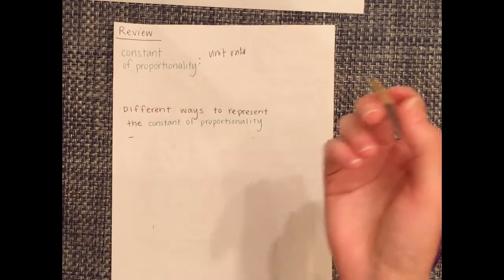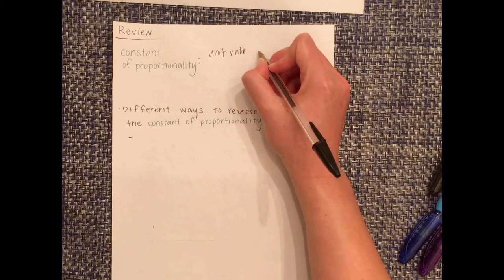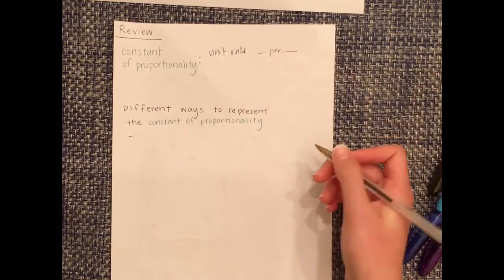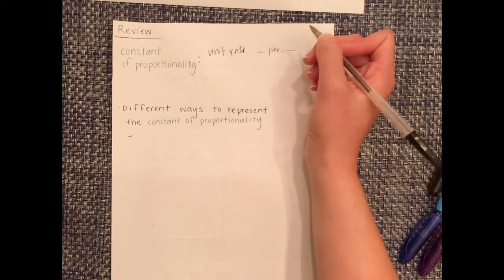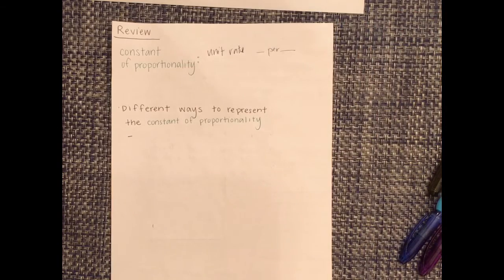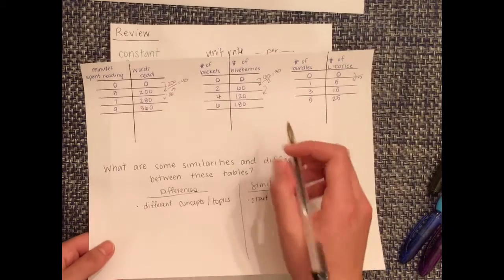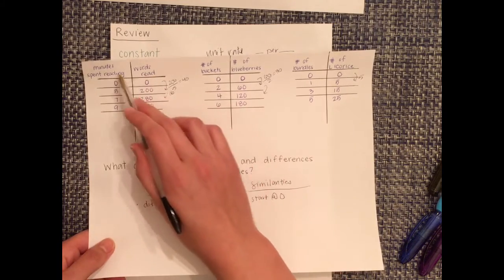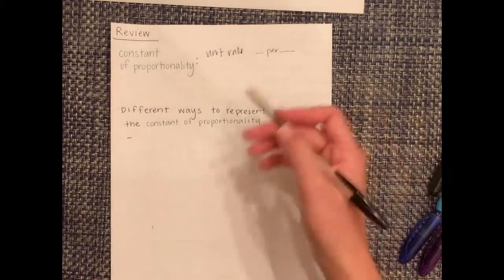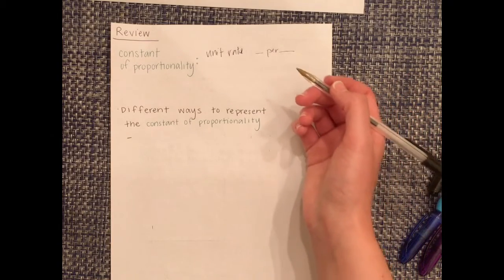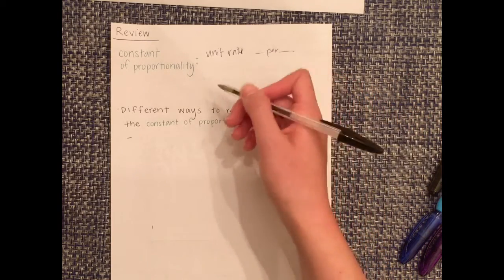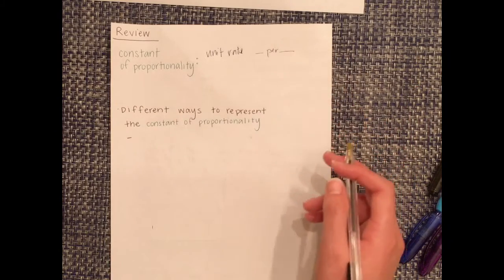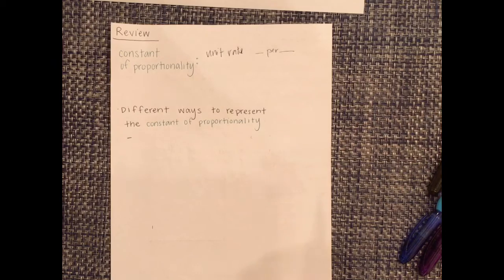Students may say it's the something per something else. For example, in our example from our warm-up, they can say it's the number of blueberries per the one bucket, or number of words read per a minute. Students may talk about it like that. They may say it's what it grows by. Students might give a variety of answers, and that's what I'm looking for, to see what students kind of like